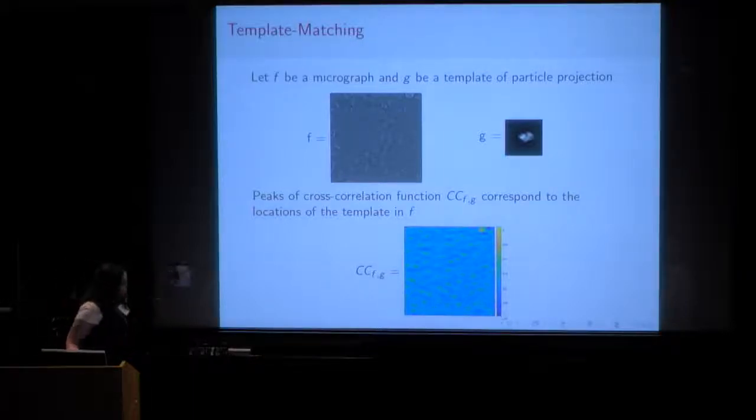So if you look at the bottom picture, that's just the cross-correlation. Wherever you see the yellow dots, that's actually a particle. And if you just choose the maximums of the cross-correlation function, you can get a very nice particle picking, sometimes. But first of all, you need to have a template. And if you knew what your particle looked like, you wouldn't have to do anything to begin with. And second of all,